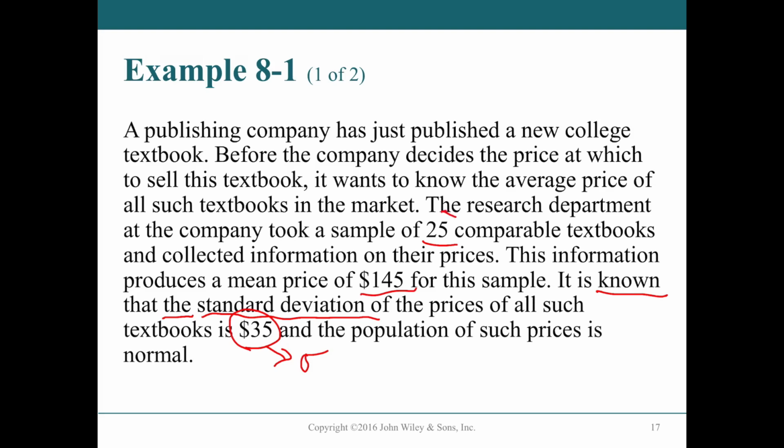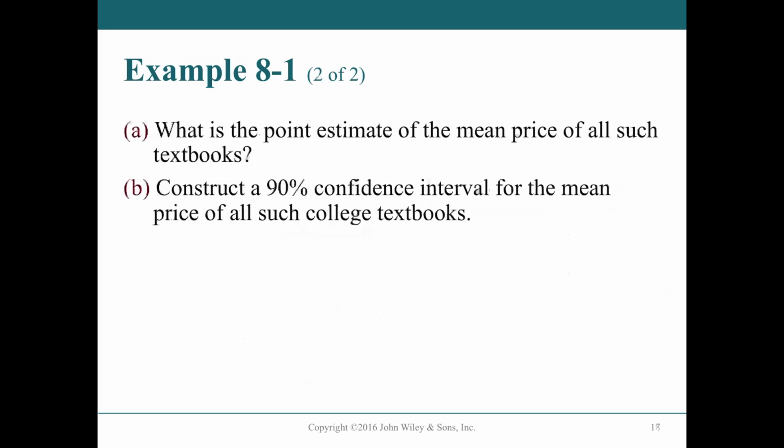So that says it is not S, right? That says that's sigma. This is not from a sample. This is from a sample, this of course being N, and this is the sample mean. So let me just point and say that is X bar, and that's the key difference. But when you have sigma, you are allowed to use the Z distribution, kind of the main distribution. We'll break away from that in the next lecture. We'll show you the difference, although that's the only difference. We're going to get the setup going here for the next couple of chapters almost.